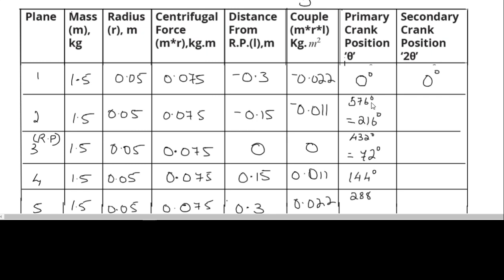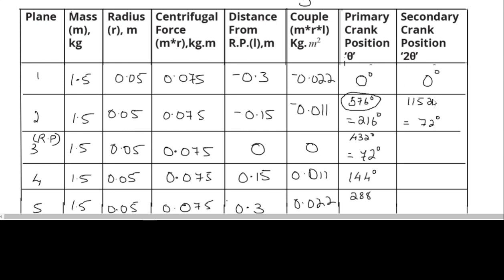We should take the double of the original crank position, that is 576. We should not double this one. This is just for drawing purpose, we are taking 260. Actual position is 576. So double of 576, 2 theta, will be 1152, and for drawing that 1152 we should take the nearest multiple of 360. So if you consider 360, then 1152 will come as 72 degrees, because